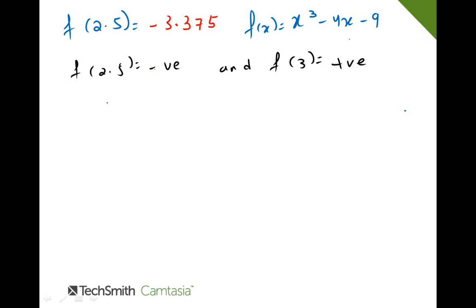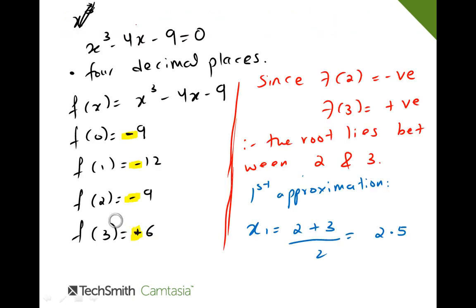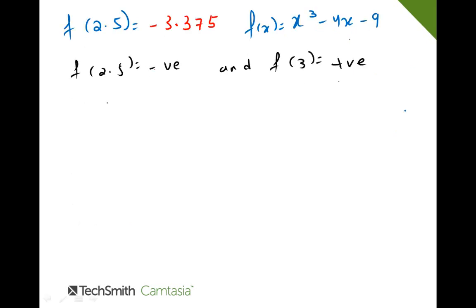I cannot compare negative with another negative. I'm not supposed to compare this negative sign with another negative sign, because f of 2 was negative. You remember that? Look, f of 2 was negative and f of 2.5 is again negative. So I have to jump to the positive. So the point is between 2.5 and 3. So since f of 2.5 is negative and f of 3 is positive, then the root lies